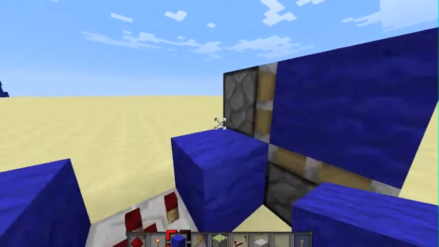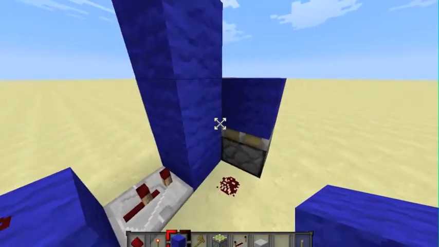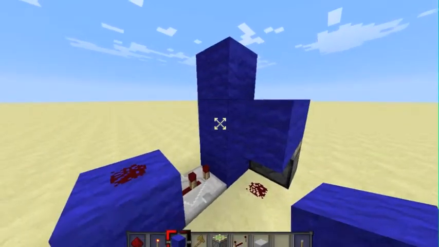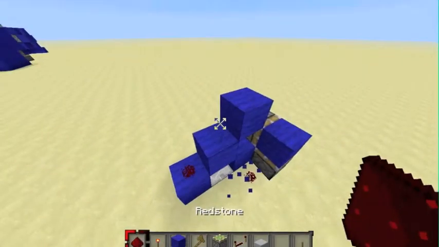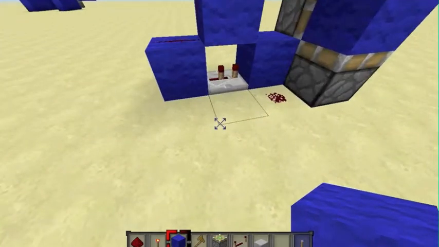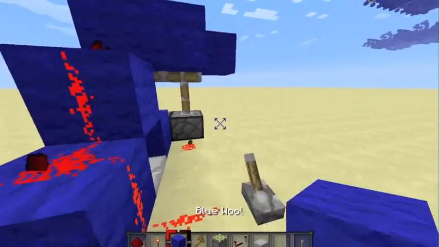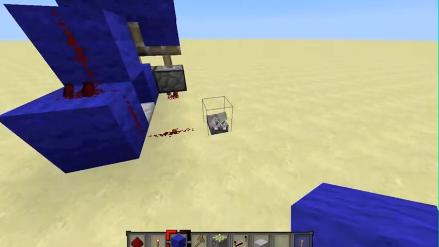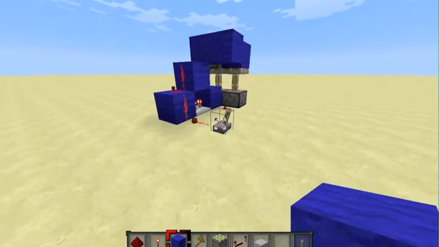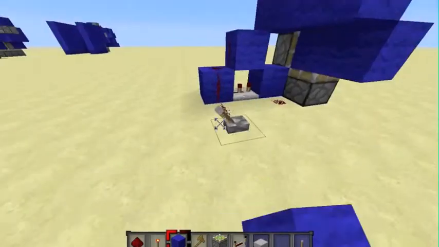Now we need to get that redstone to power this block in order to match the whole thing. To do that is really simple. So that's exactly how the double extension works at its most basic level. And if we flip this, I didn't actually mean to flip it, but as you can see, it works like a charm. And if we put a block there,